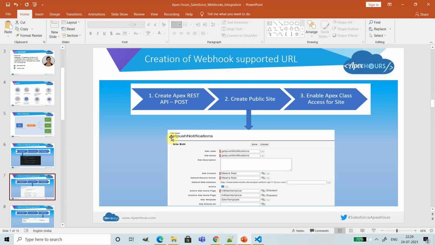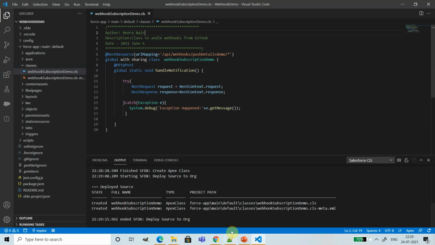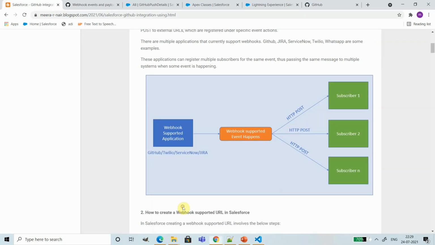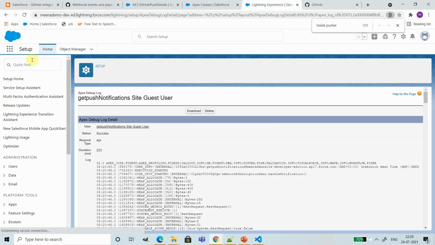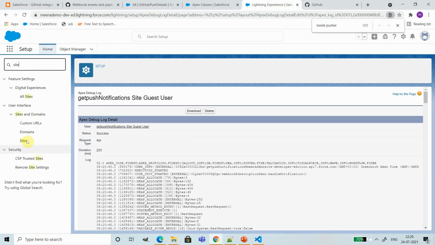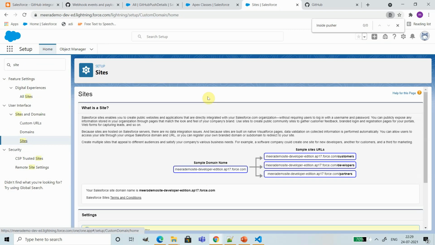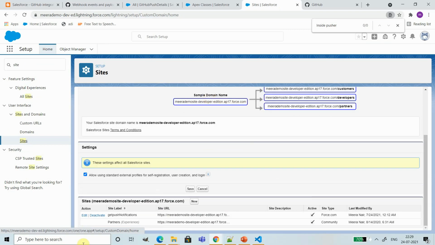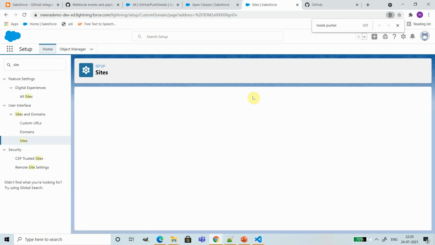Now the next step is to create a public site. I have the public site created already, so let me quickly show you that. This is our site.